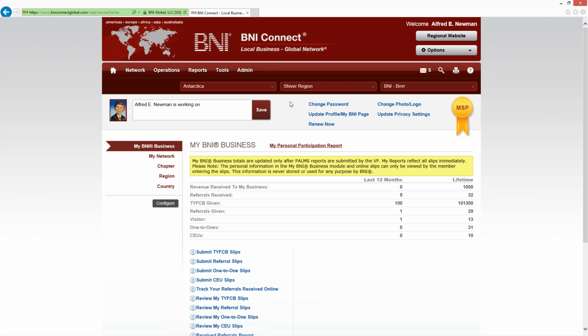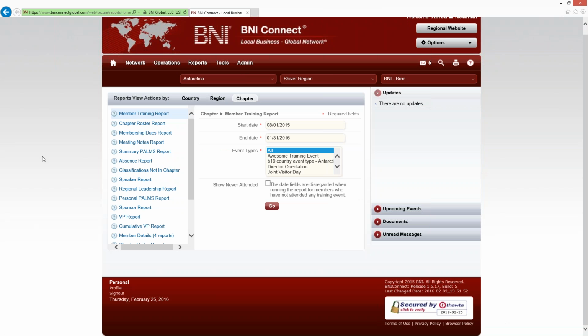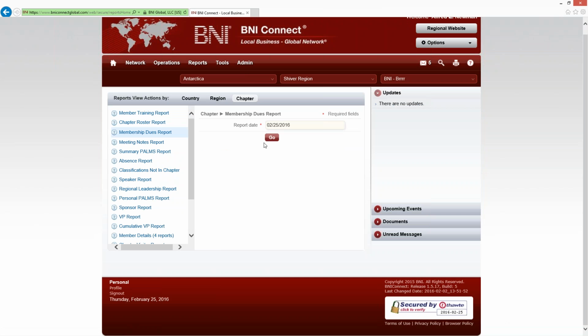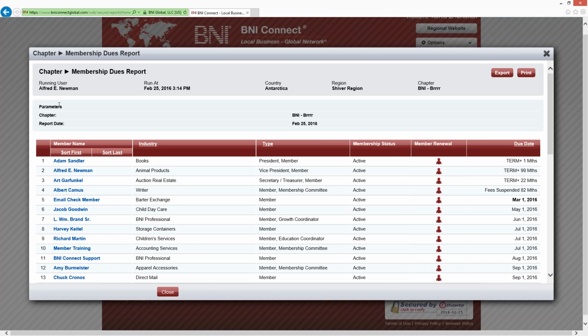Now, in order to get to the membership dues report, we are going to have to take a little tour beyond the home page here. Those are located in the reports. So if I go to reports, the third report down is the membership dues report. And on the membership dues report, if your region is allowing pre-approvals,